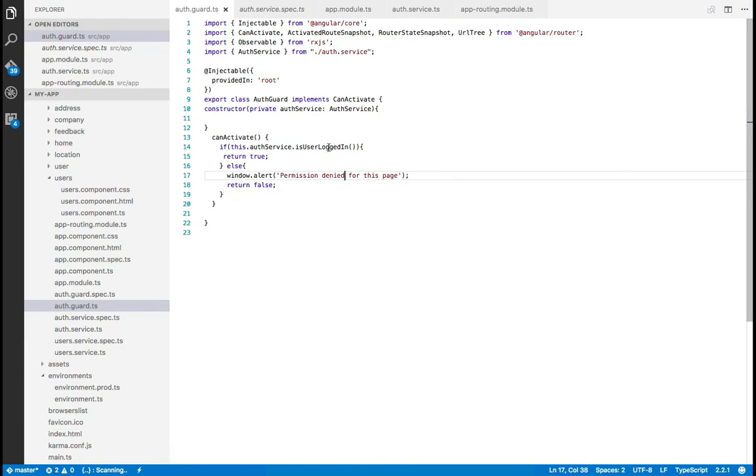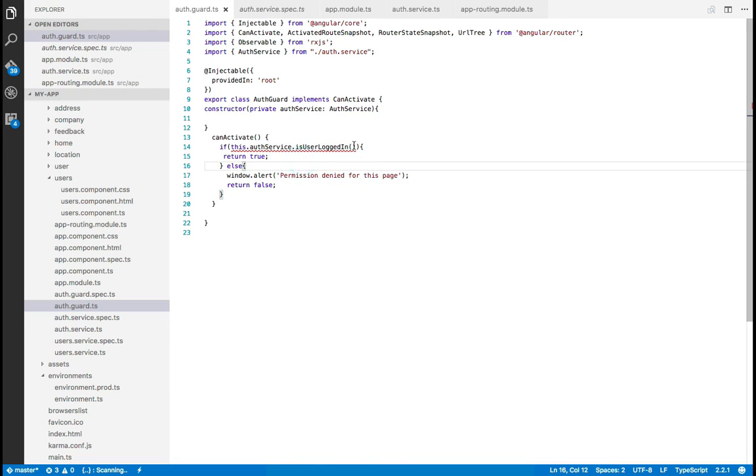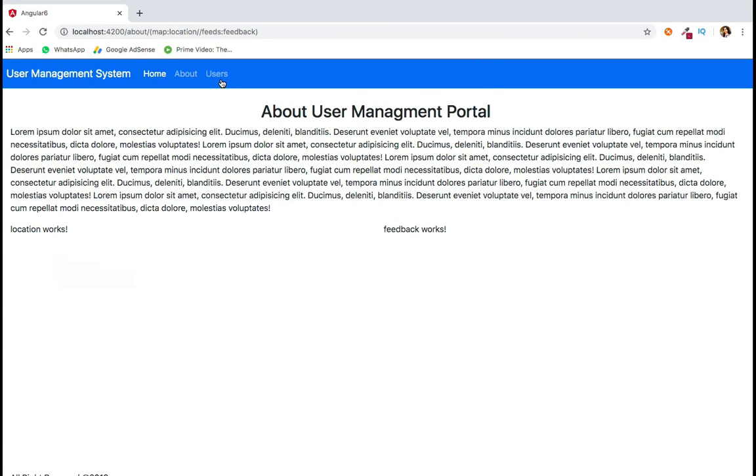So here you can see that isUserLoggedIn, we are calling like a function. But suppose you want to use it like a property, then you can use it with a getter. So in the service file, instead of making it a simple method, you can use it like a property. So you can say here get. When you mention a get here, now we can call it like a simple property. So here we can simply call it like a property, and it should work the way it is working.